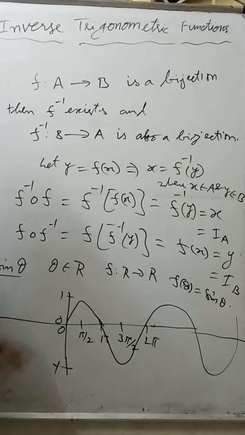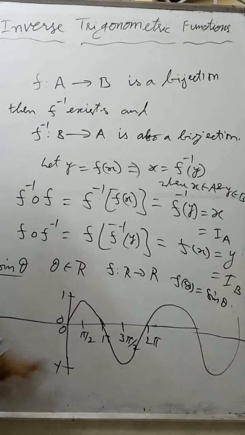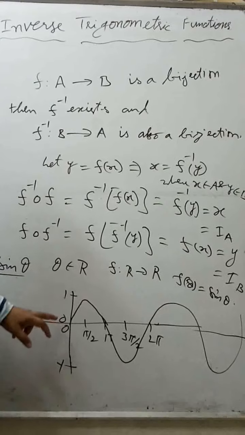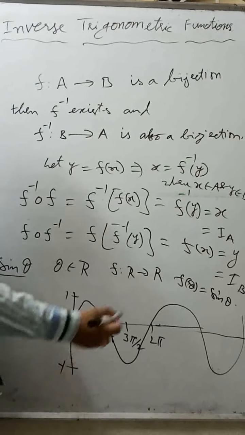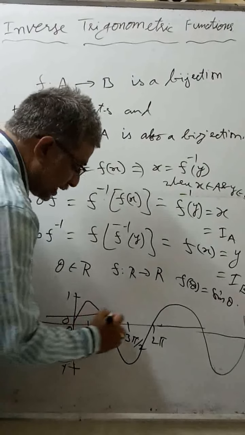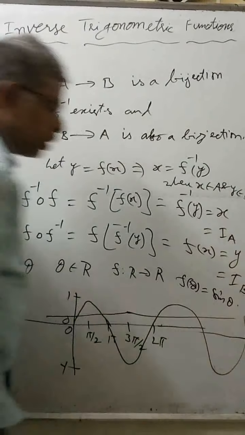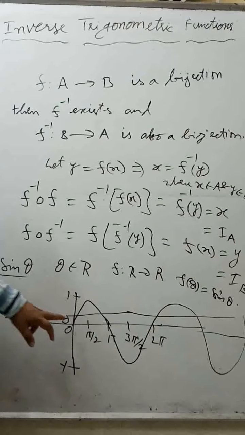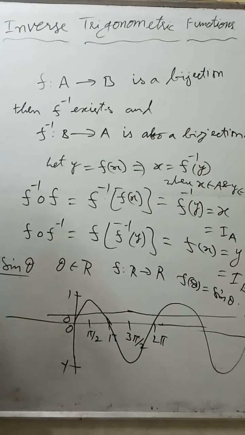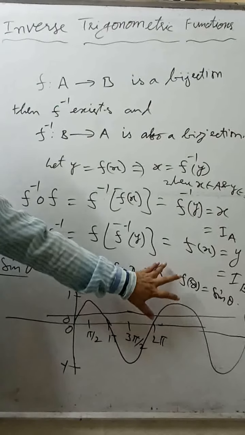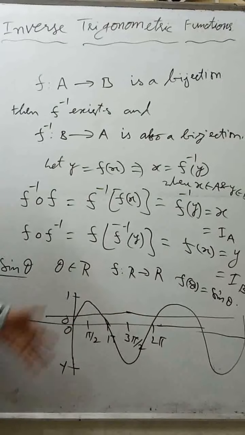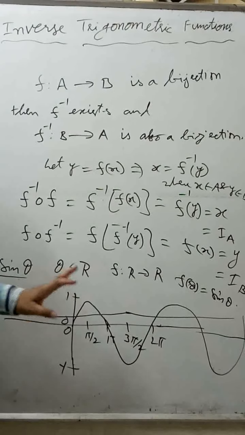So in its actual domain and codomain, sin is not invertible. Sin is many to one. For that checking I told you about the horizontal line. If you draw any line, it cuts the curve at many points, but if it is one-one, it should cut at only one point. Onto means codomain equal to range. Here I can change the codomain to -1 to +1, then it becomes onto but not one-one.